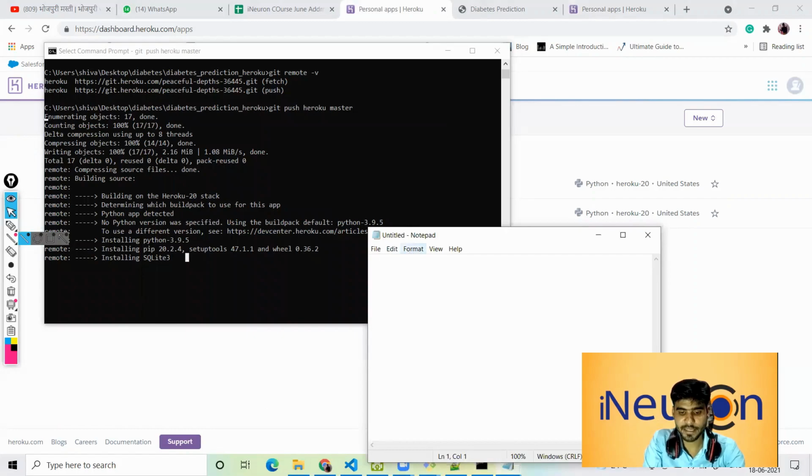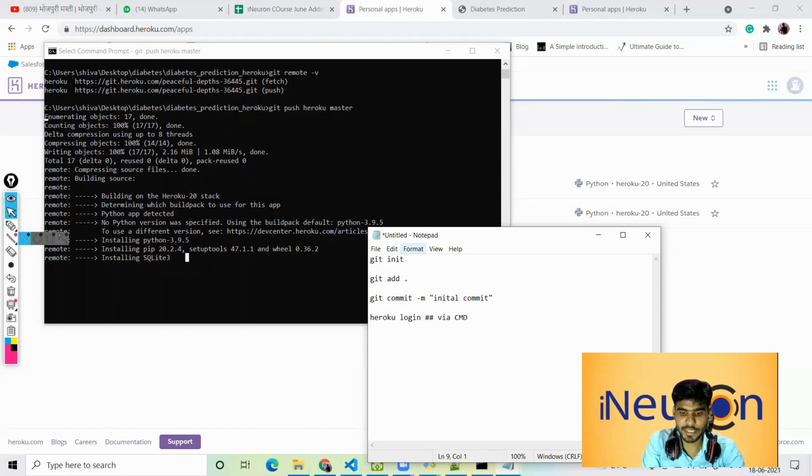First, I am writing git init. After that, git add. Then you write git commit -m and then the initial commit. Then you log in to Heroku via CMD.